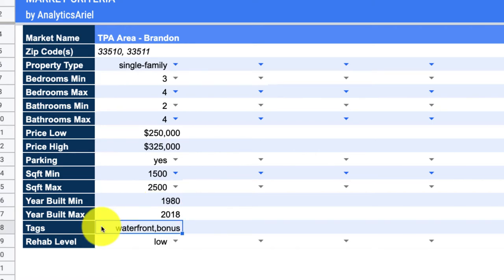Next, you want to set up what tags you're looking for. So for example, I'm looking for a property that has some waterfront view. This doesn't have to be on an exact river, but as long as it has a little pond or lake, that's something that's very enticing for renters. As well, there's a lot of them in Tampa, so it's not like it's a hard ask. Next, I like to see bonus, and this usually means a bonus room, which could possibly be converted into a bedroom at some point if it has a size enough for me to put a closet. This could instantly add value into the property itself.